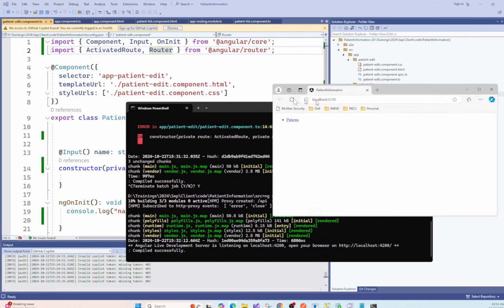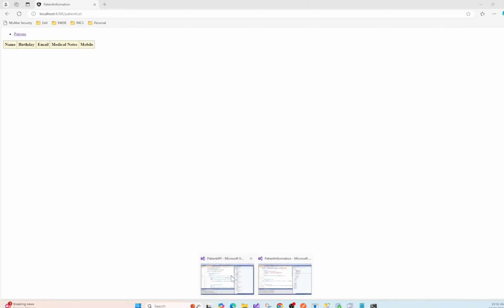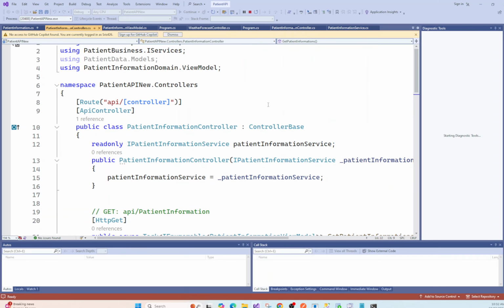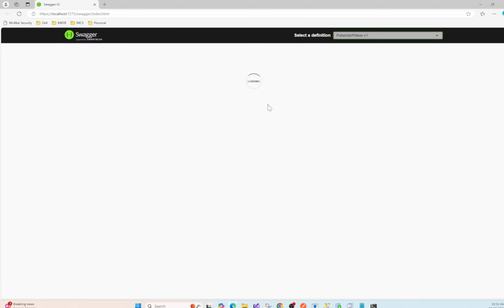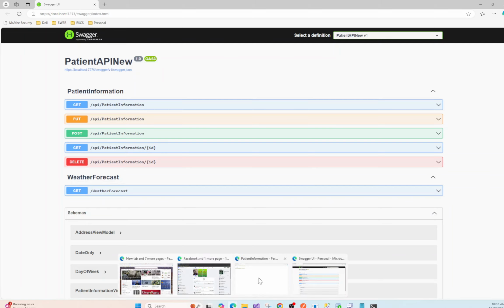Yeah, now it's working perfectly. Okay, patients, and when you click on... is our API running? No, it's not running. That's why it's not showing the data. Okay, so go back to your app,